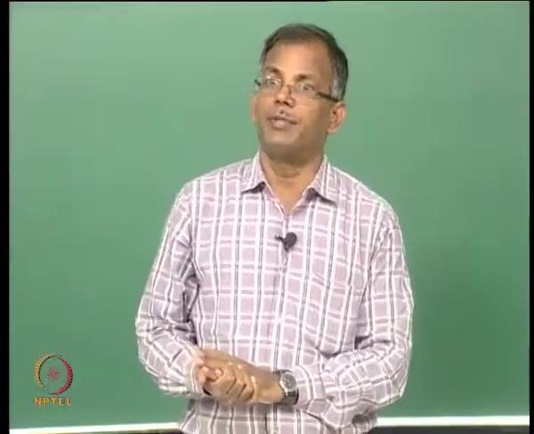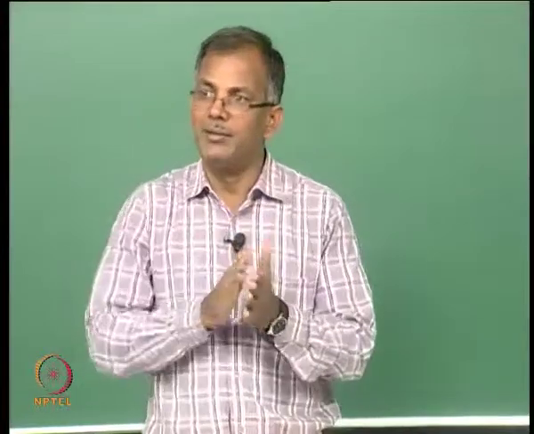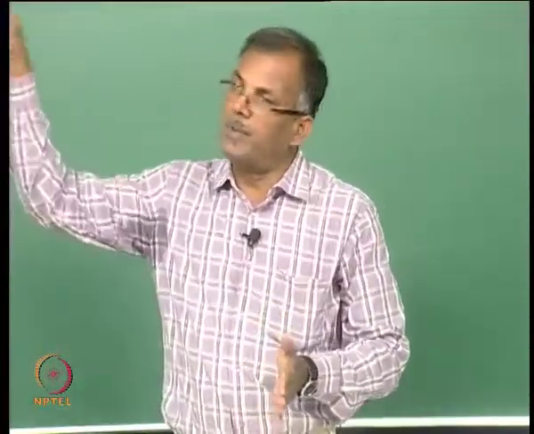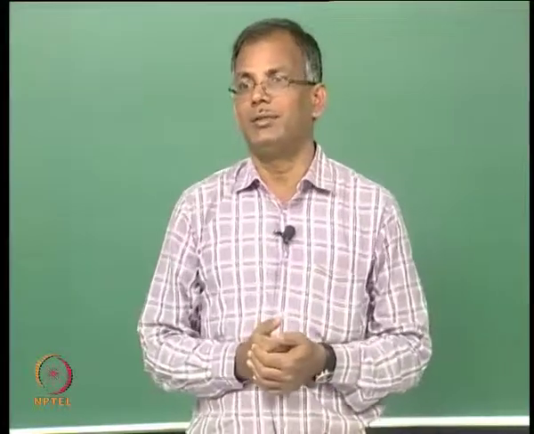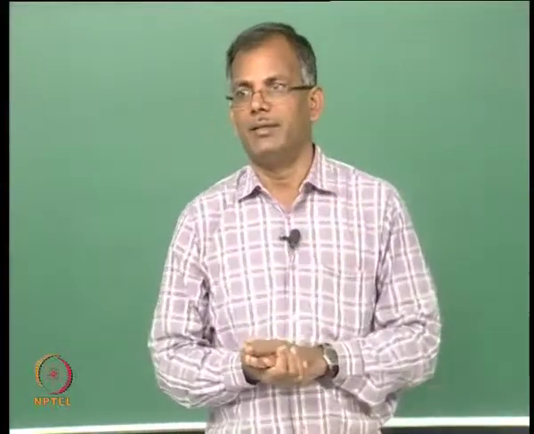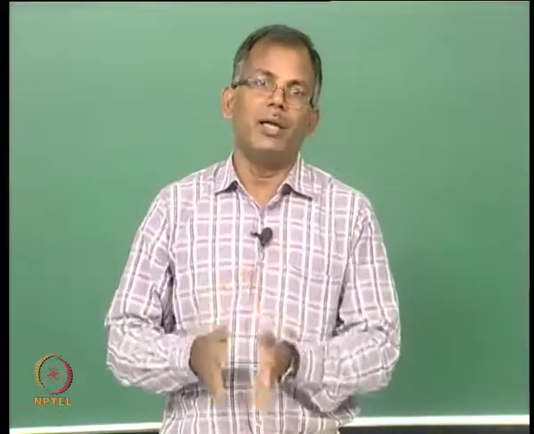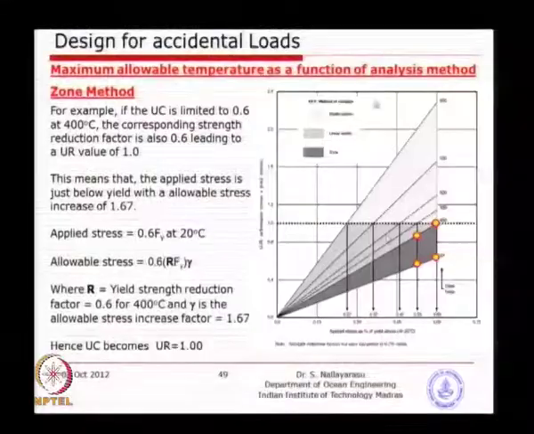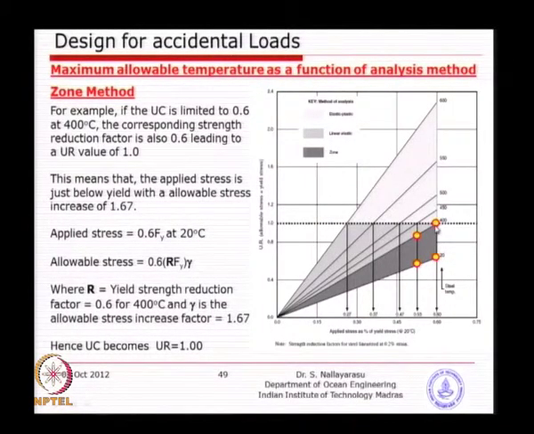So, in that type of design you can provide a barrier, or make the structure so long that the temperature reaching the main structure is within 400 degrees, just a planned activity. It is not an accident, it is actually an operational case, but we can restrict it. So, most of the time in such cases we will be assured that the temperature is below 400 and then just come up with a design.